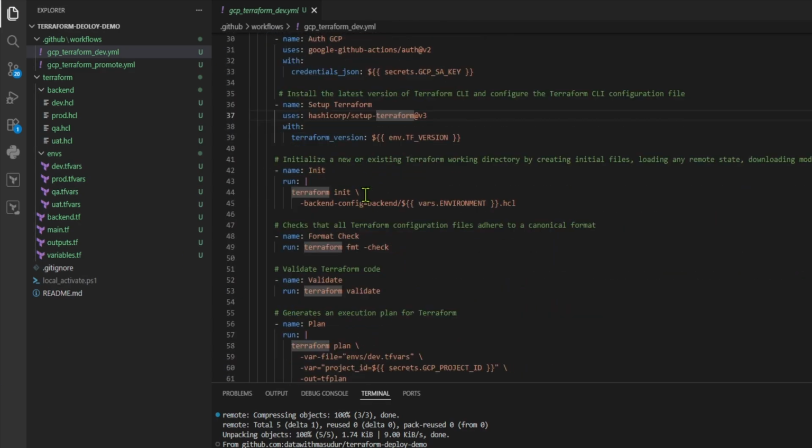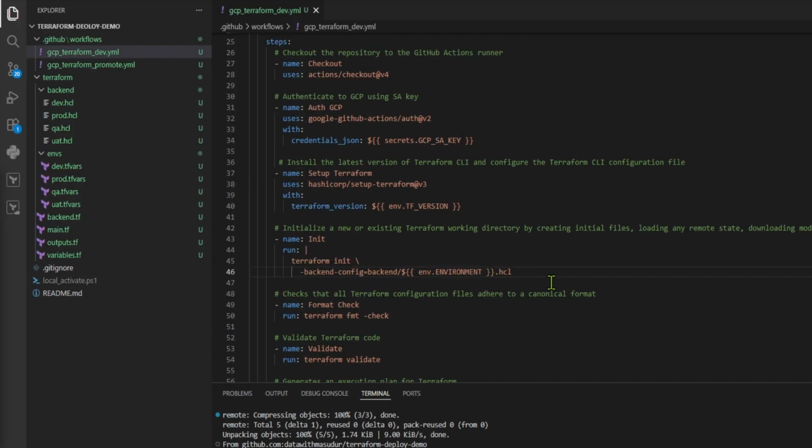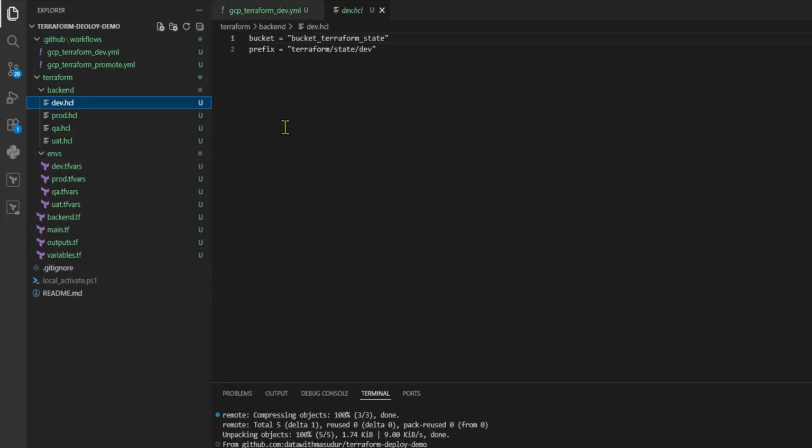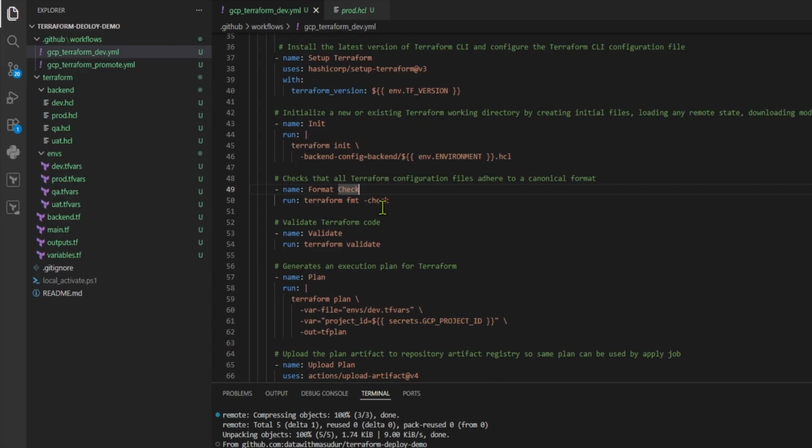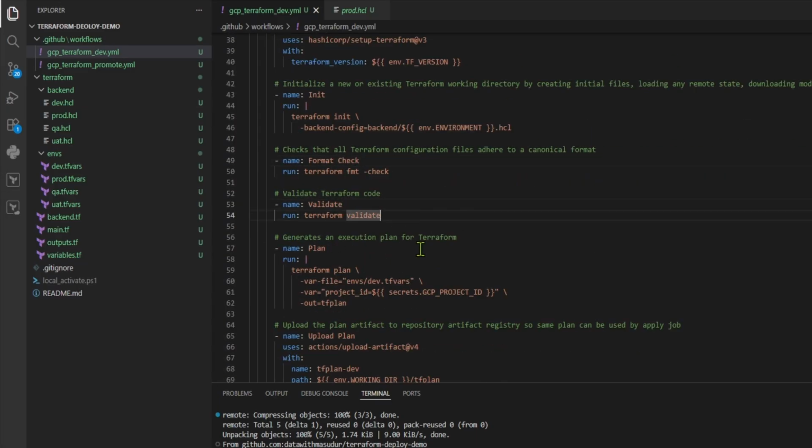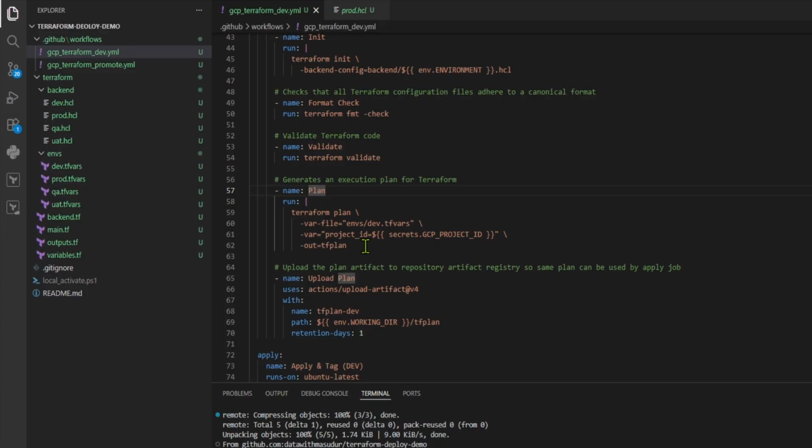Terraform setup is the same. The initialization part is now modified because we want to have a separate state file for each environment. And our state file configuration is right now inside the backend folder for each environment. Here I'm passing the environment variable. Different environment HCL parameter, for example, dev has its own parameter, and each environment will have its own separate folder and file. Next, format check is the same and validate is also the same, and the only change is in the planning part, because right